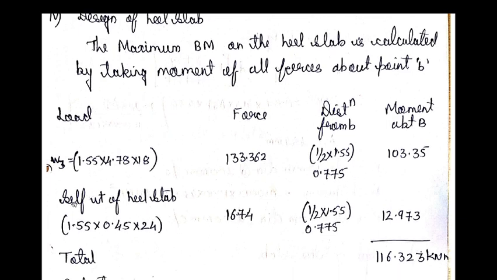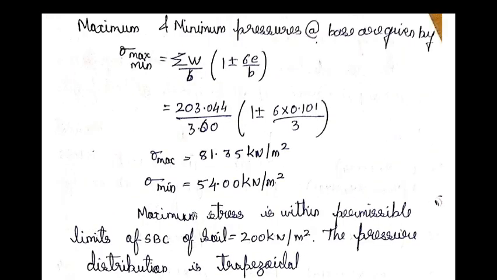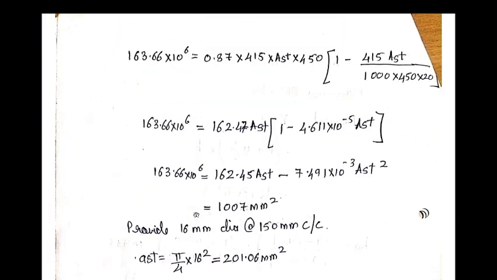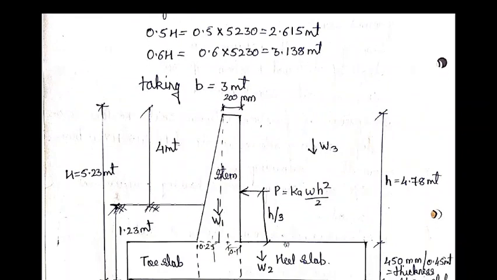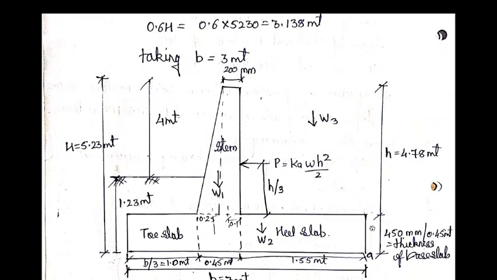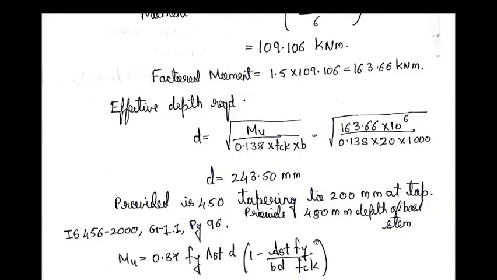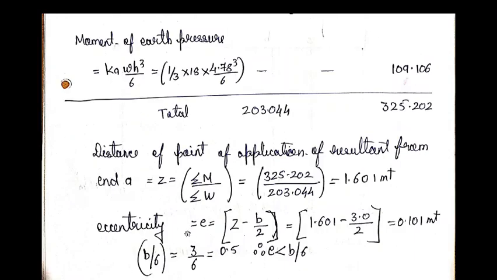Now one more part, the self weight of the heel slab. Now as we are designing, I will just let you know in the diagram, as we are designing the heel slab, that is this portion, this rectangular portion. So the earth is acting here. So earth is rectangular, so it is 1.55 divided by 2, and heel slab. So heel slab will have self weight also. So next is considering the self weight of the heel slab.